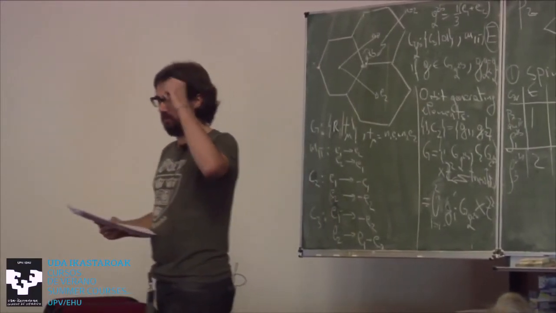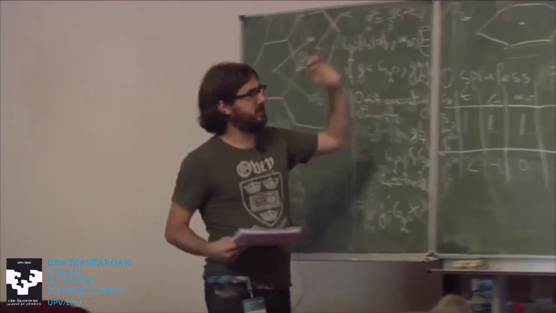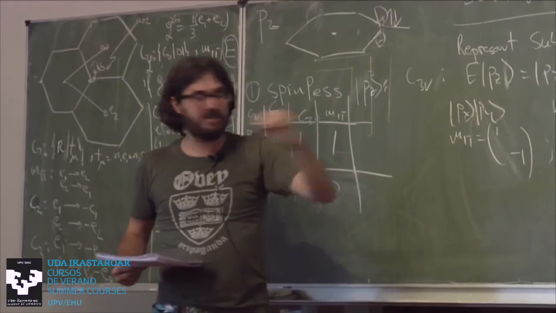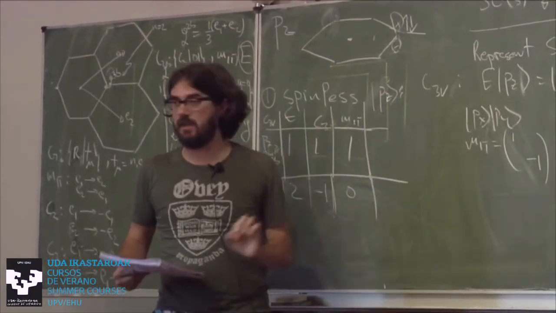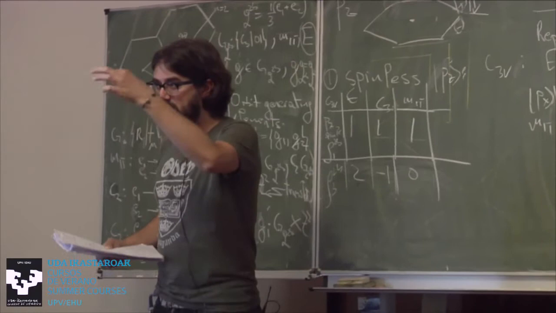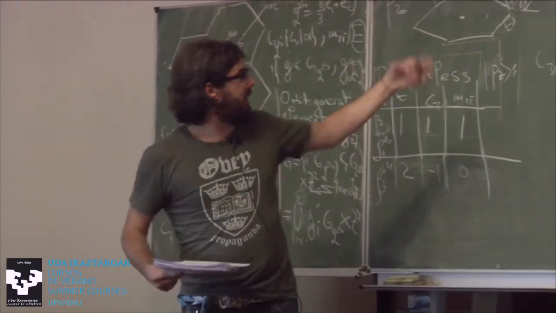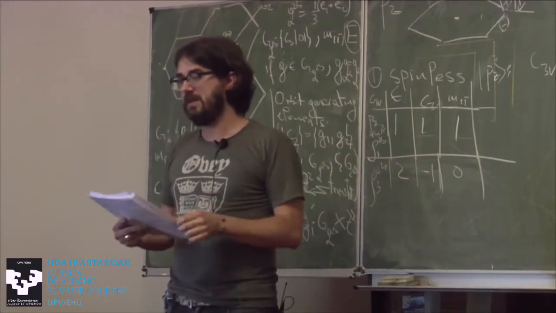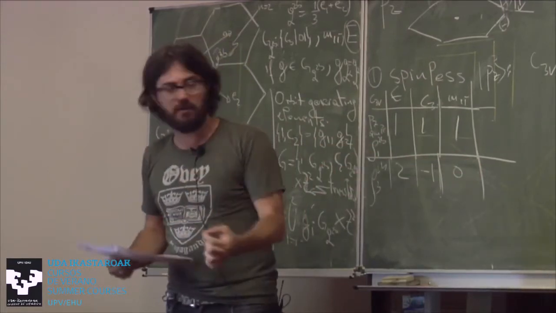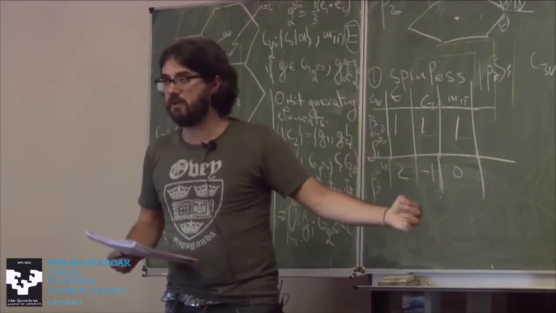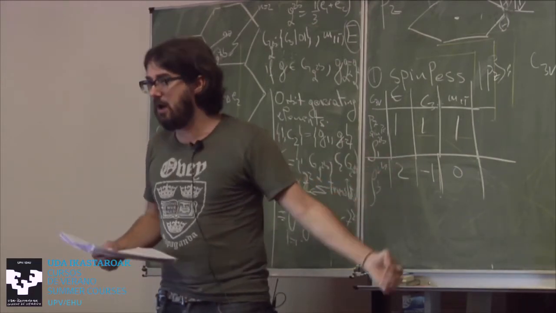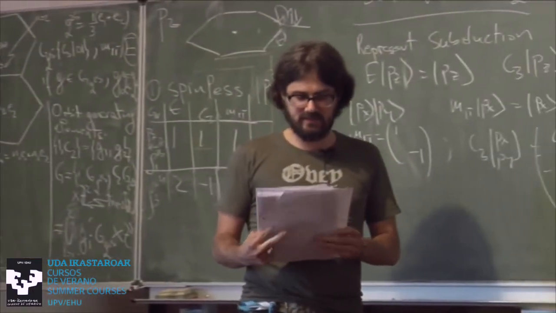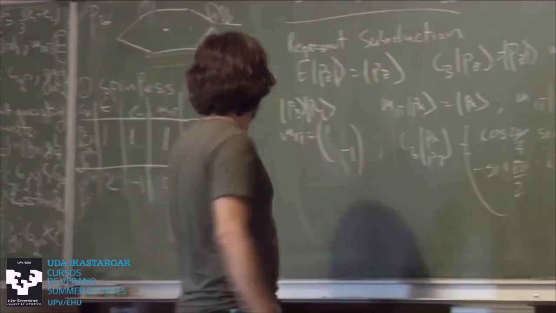We will need the other representation when, so this is a representation of the real orbital PZ on this with spin 1/2 on this side. This is what I get as a site representation if I put orbitals. So now I told you both the site symmetry group and the representation under the site symmetry groups when I add orbitals. But when I go to the momentum space, I'm going to need another representation of the C3V group, which I might as well just get now, since I'm doing it. And there's actually two different representations.